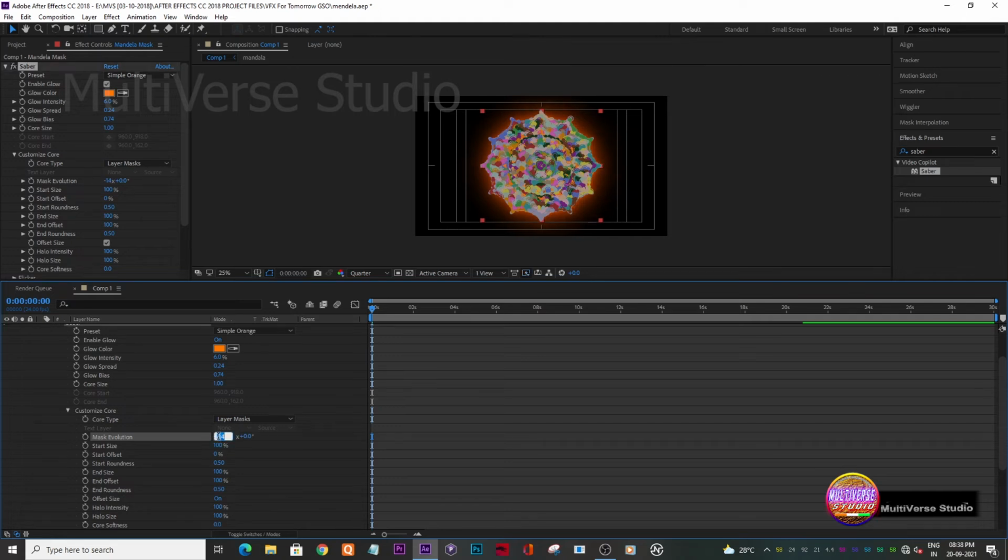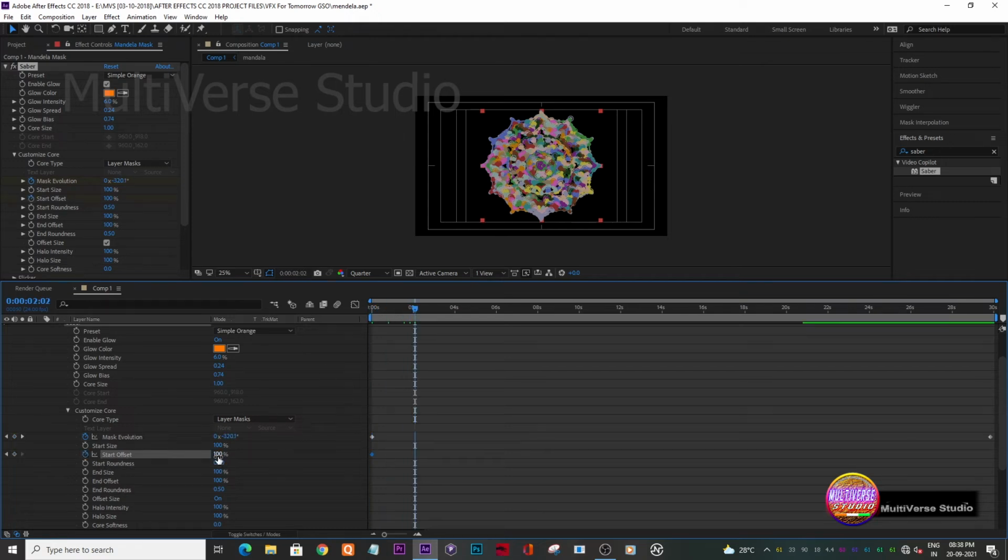Here I am typing minus 13 times into 200 minus 264, and I have dragged the value at the end of the timeline and 0 at the beginning of the timeline. Same I will do with the start offset. Here I have increased that start offset to 100% and animate as per my desire, which will look like this.